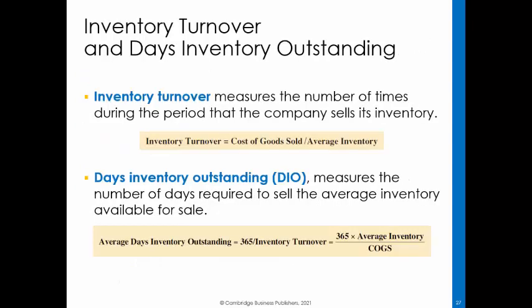A useful way to analyze inventory is to compare the income statement activity related to inventory, cost of goods sold, to inventory levels on the balance sheet. This helps us assess inventory management and provides insight into the company's efficiency in generating sales. Inventory turnover measures the number of times during the period that the company sells its inventory. Average days inventory outstanding, also called days inventory outstanding, measures the days required to sell the average inventory available for